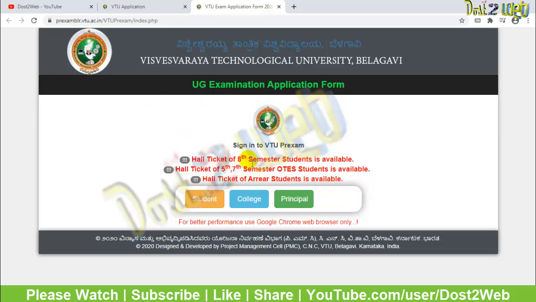So other guys, as I mentioned, first year who have been promoted to the 3rd semester, and second year, that is 4th semester, who have been promoted to the 5th semester, and 3rd year, that means 6th semester, who have been promoted to the 7th semester. Still there is no hall ticket option for them, because you all are going to be promoted. You are going to download the hall ticket only in case you have any arrear or backlog and you have applied for the examination. Only those guys are going to log in and download your